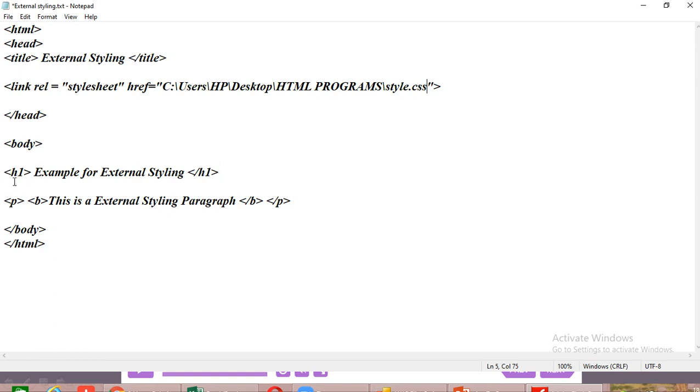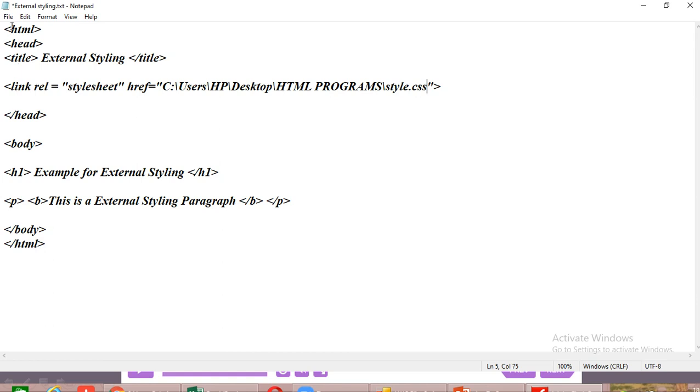In the body part, we are going to use only the heading tag and paragraph tag. In the heading tag, I have given the example for external styling. Then the paragraph tag, this is external styling paragraph. That's all. We did not use any styling in this HTML file. Then close the body tag and close the HTML tag.